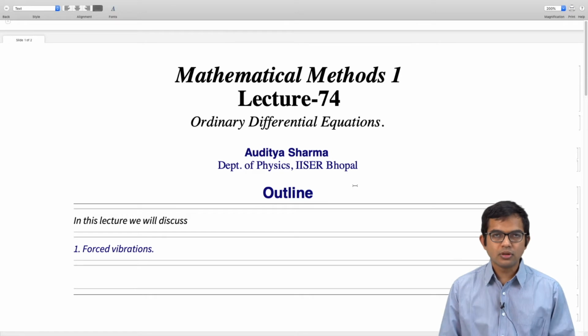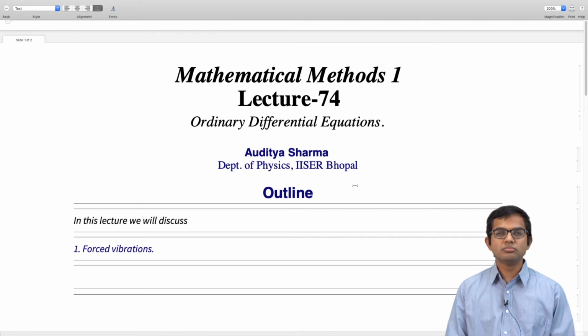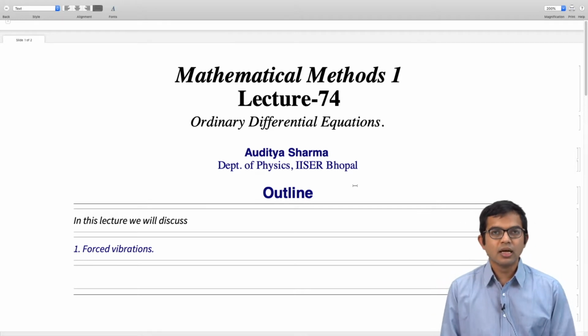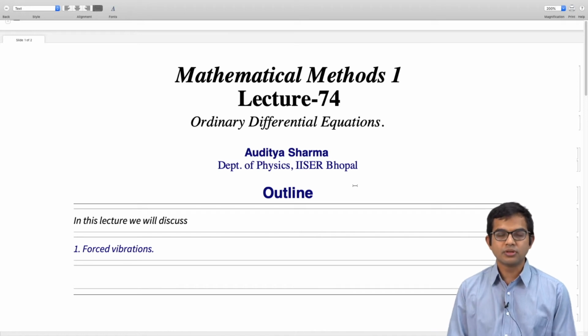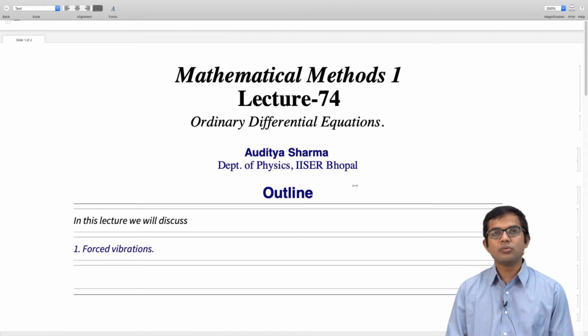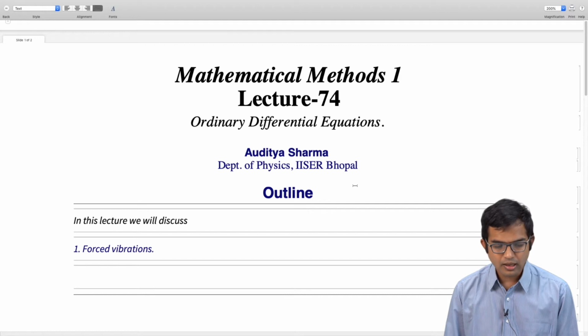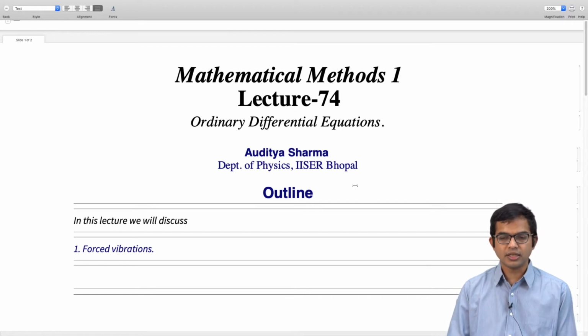Okay, so we have looked at how vibrations in mechanical systems can be modeled as a differential equation which we can solve using our machinery. And so we looked at these three different possibilities for a damped harmonic oscillator: underdamped motion, which leads to oscillatory motion, or the critically damped or overdamped cases, which give you non-oscillatory, decaying solutions, right? All of this we worked out using our machinery from differential equations.